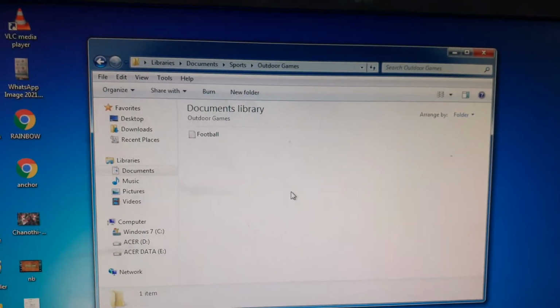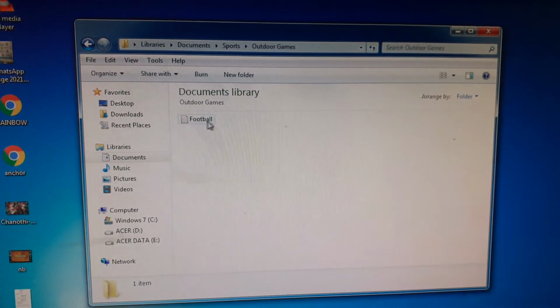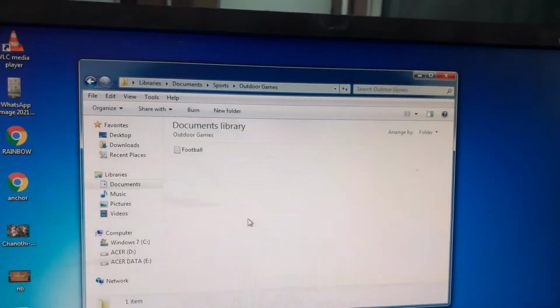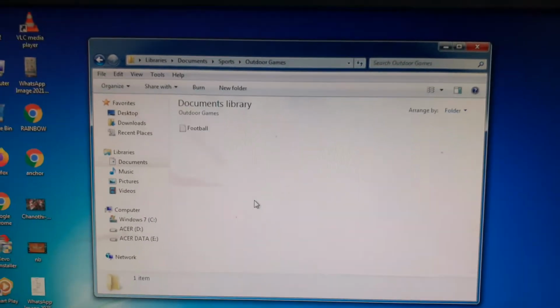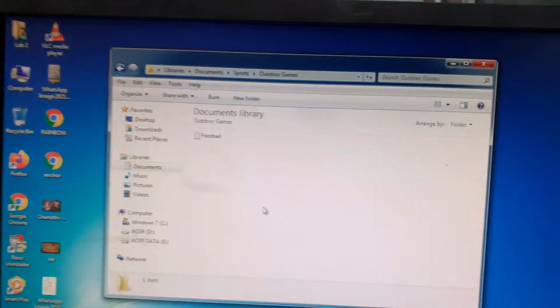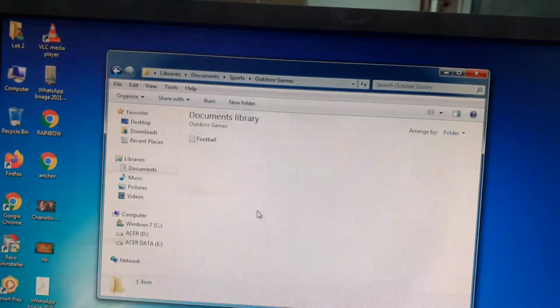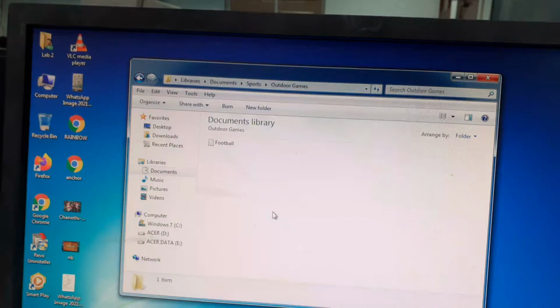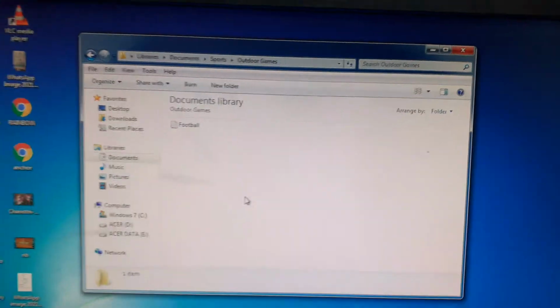Now you can see here only one file, football, is there. Now it contains only one file, football, because we have moved the hockey file from the outdoor games subfolder to the indoor games subfolder.